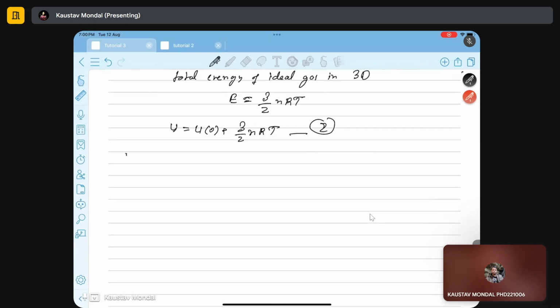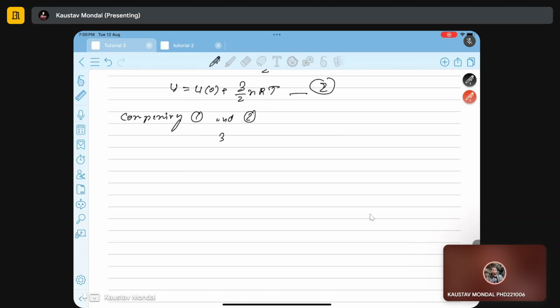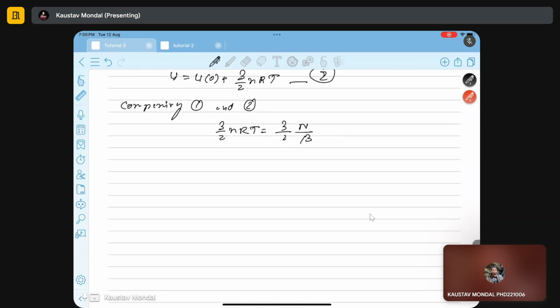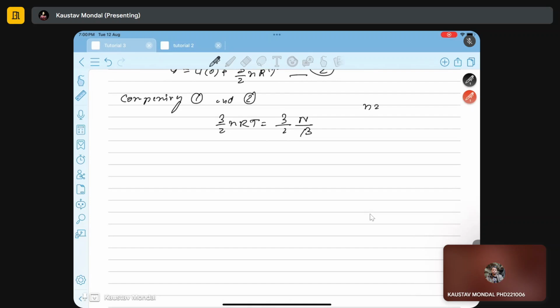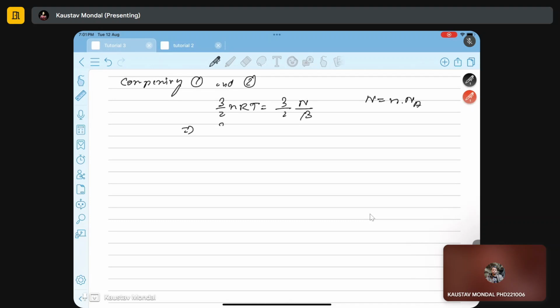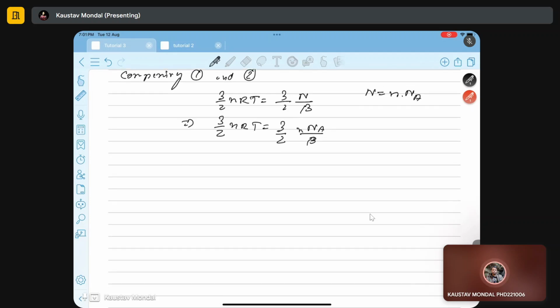Now, comparing 1 and 2, we will get 3 by 2 nRT equal to 3 by 2 n beta, right? So, n here is the number of particles, right? That means number of moles into Avogadro number. That will be the total number of particles, right? So 3 by 2 nRT equals 3 by 2 n into Na by beta. Now n would be simply